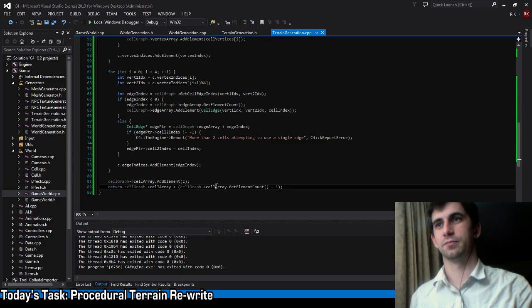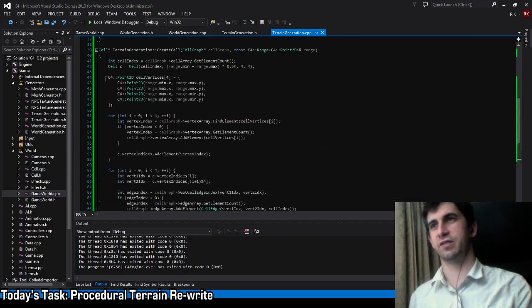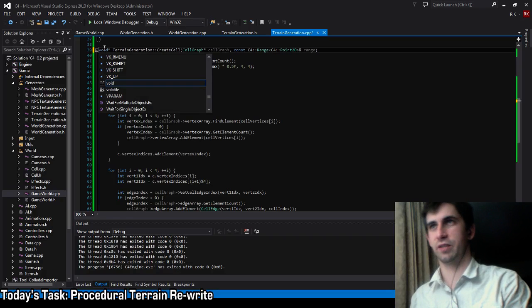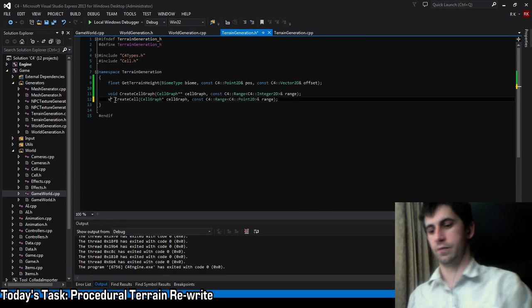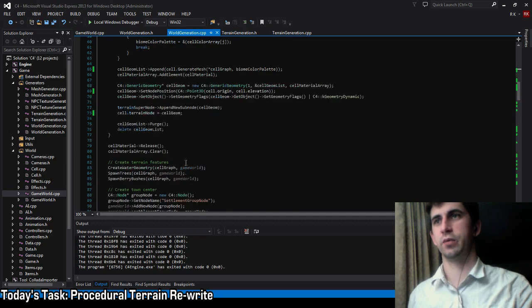Oops. Let's nuke this. And this is overkill. So let's get rid of that again. Not a void pointer. That would be bad. Void. Yep. Back to you. And finally,